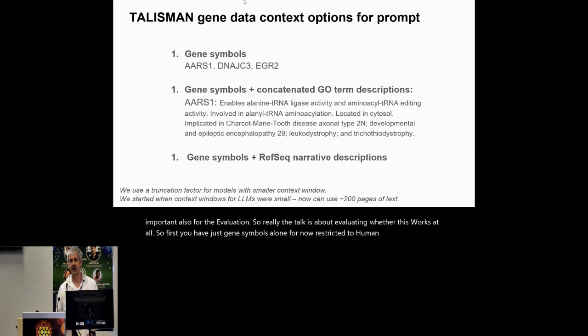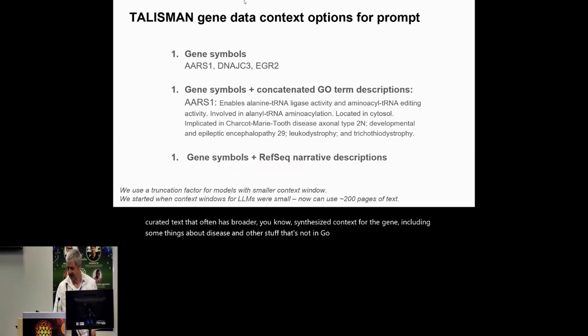Gene symbols with the concatenated GoTerm description. So this is taking the GoTerm annotations for those genes, taking the description, essentially making this kind of fake paragraph. Not that readable, right, but has good information. And then the third option here are gene symbols with the RefSeq narrative paragraph, which is a human-curated text that often has broader, synthesized context for the gene, including some things about disease and other stuff that's not in Go,